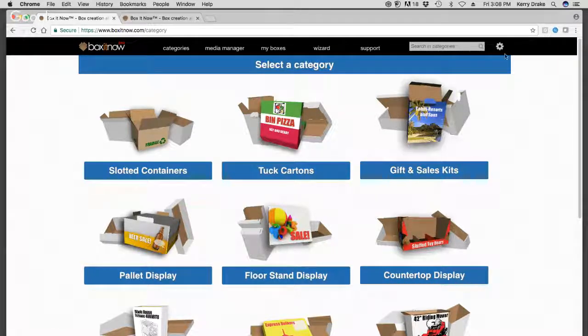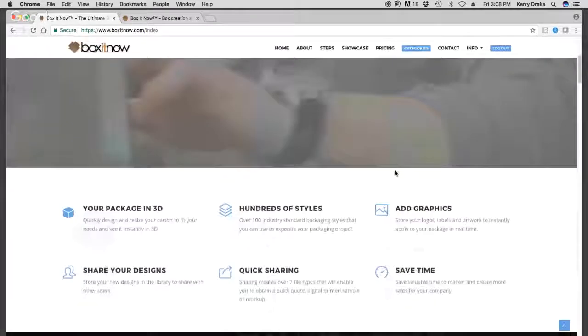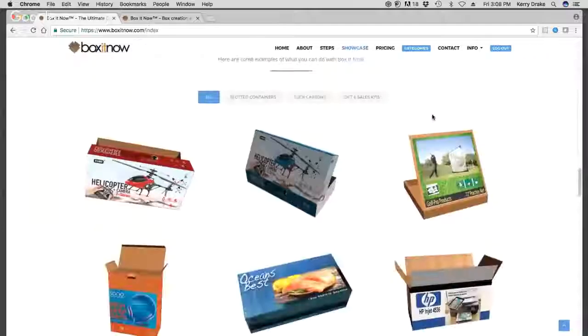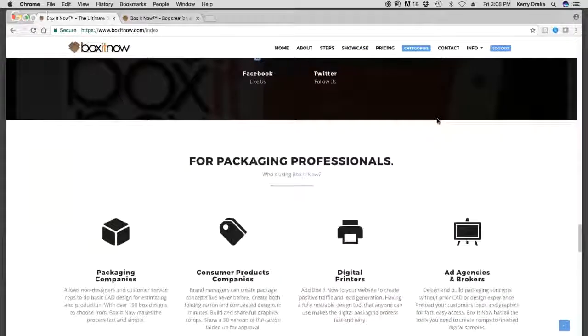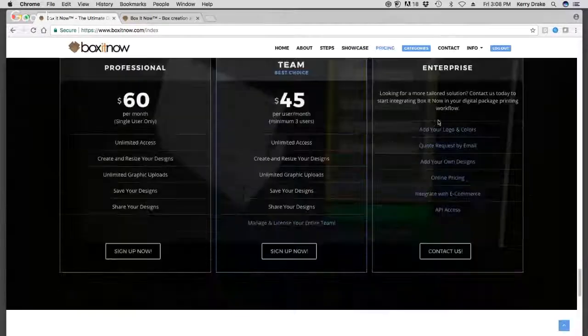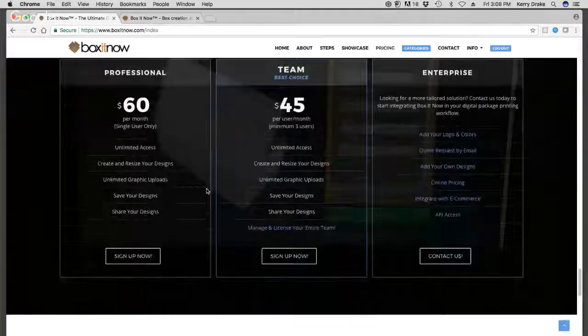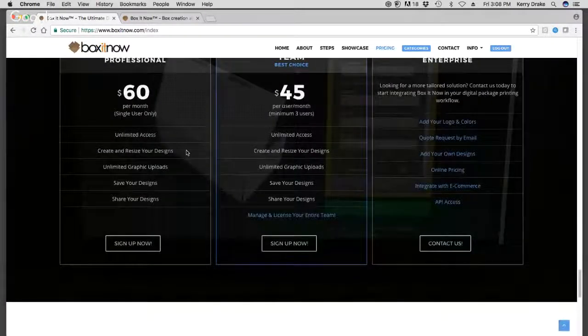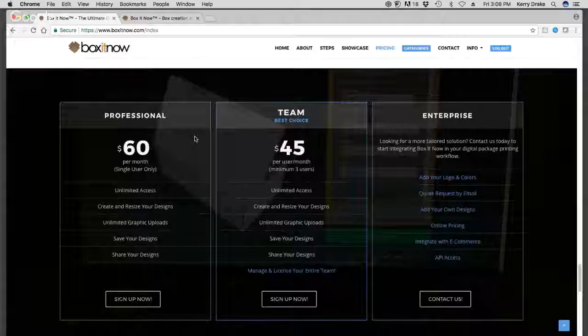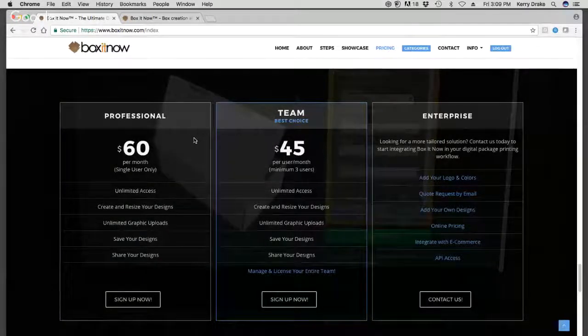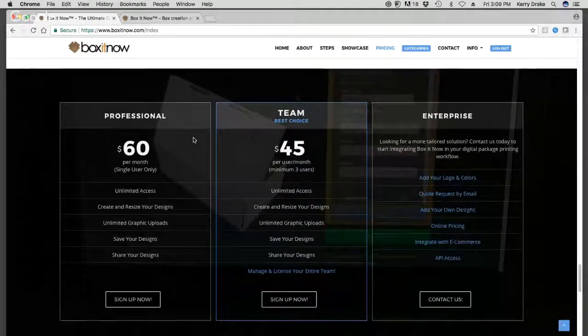For those newcomers to the system, it's a beautiful thing to be able to come in and use the tool. We provide all kinds of information here, some samples. For you new users out there, the cost of the system is basically $60 per month. That gives you unlimited access to resize, load any graphic information you want, unlimited exports, designs, whatever. For only $60 a month, it's a pretty amazing price to be able to do all that in one central